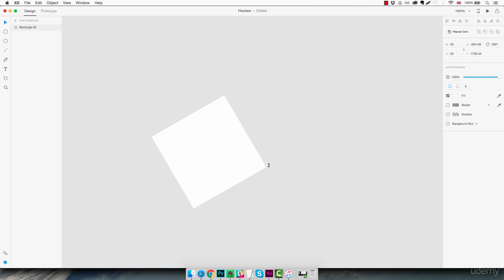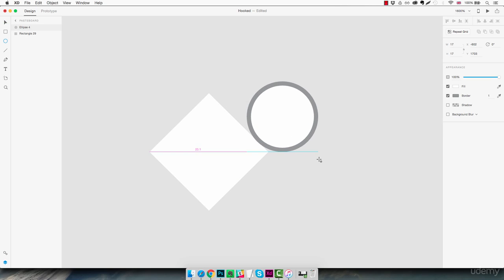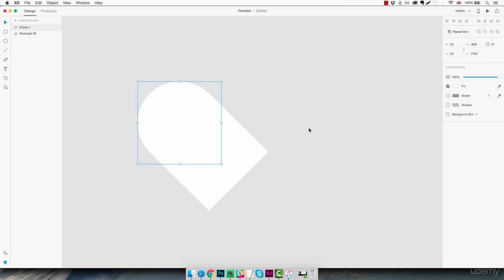So now we rotate the square by 45 degrees again. And now we're going to select the ellipse tool and create a perfect circle, 20 pixel diameter. Remove the border and move this exactly here, like this. And then duplicate it, Command D, and drag it to the right side to form a nice little heart,